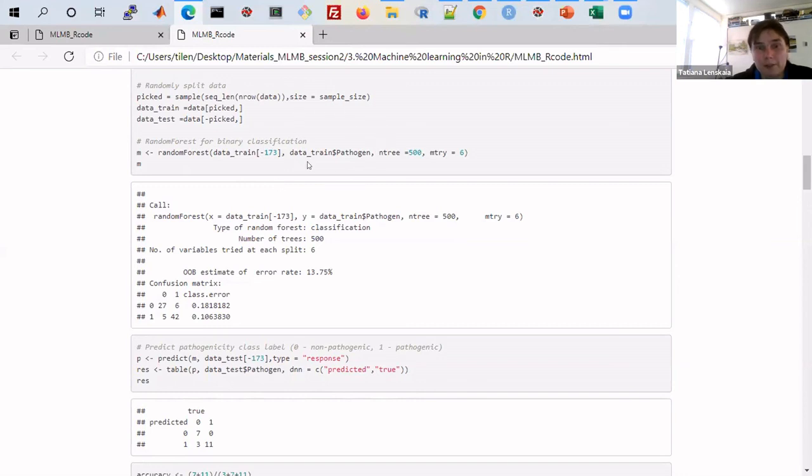The labels are in our data. That's why we use -173, so we want to get rid of the labels in the feature vector. And that's the label. And we use the default for number of trees. And this MTRY parameter, we set it to 6, and I'll explain later why. But MTRY parameter gives